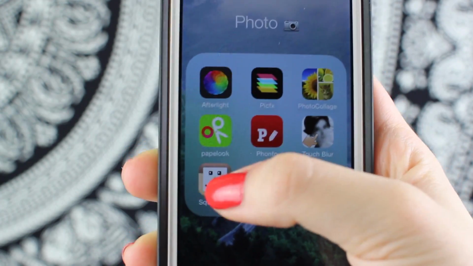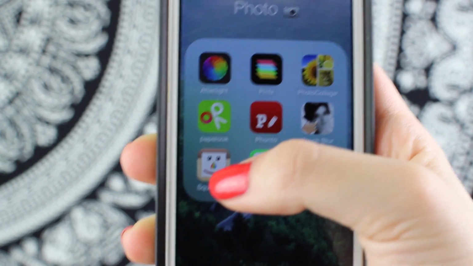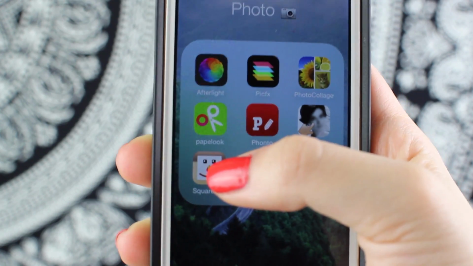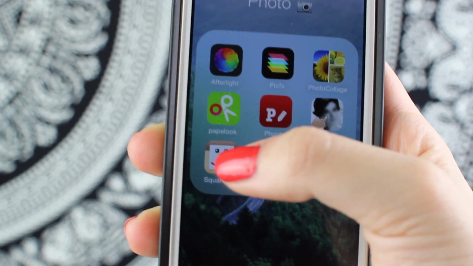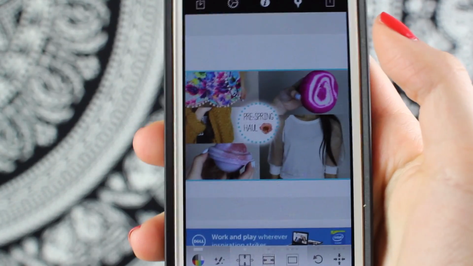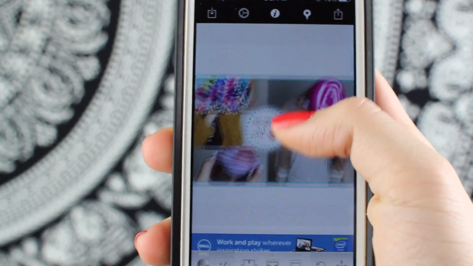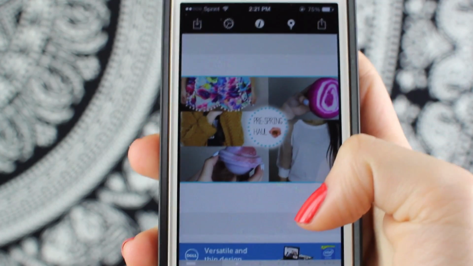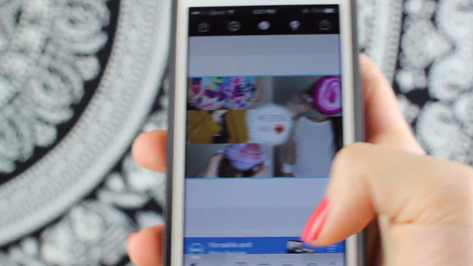The next app is Square Ready, and I don't know if you guys have seen, sometimes after I post a video, I'll post a picture of the thumbnail on Instagram and then blur like the background. You'll see what I'm saying. And to do that, the app I use is called Square Ready. Okay, so you can also do a white background or colorful background on here, but I'm just going to show you what I do for mine because my camera battery is dying.